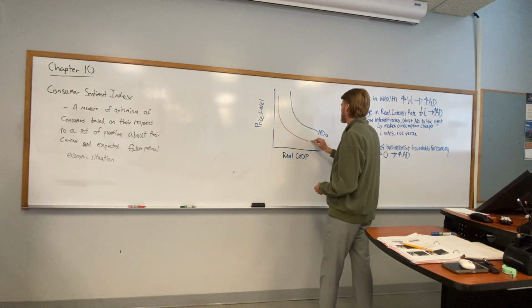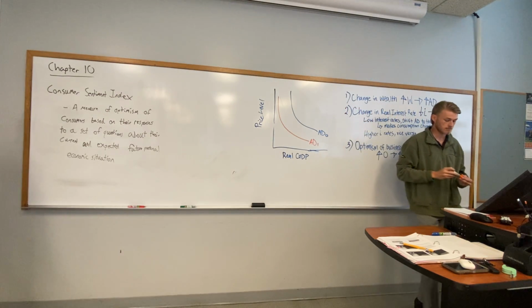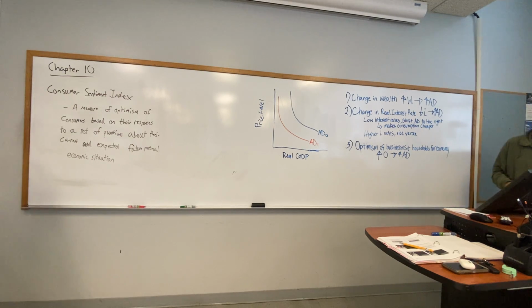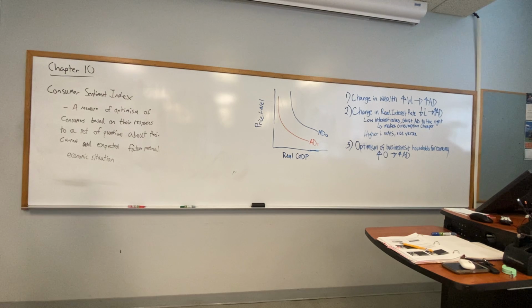And so what I put in my notes is pessimism, which is being pessimistic about the future, leads to a decline in aggregate demand, and it shifts it left. And optimism, which is the exact opposite, shifts the demand curve to the right. If we're expecting the economy to boom, our demand is going to go to the right. But right now we're a little pessimistic. We're scared that there might be a recession, so demand for goods is kind of low. So we expect right now that our curve would look like that.